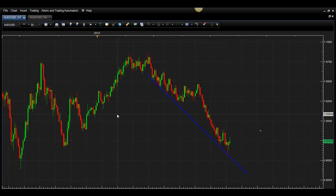the Australian dollar is showing some decent stalling action here. We see that after this move, we have a slight bounce and then basically a free fall to the bottom here. But at this level, we're getting a little bit of stalling action. I don't expect the Australian dollar to bounce significantly because there's not a lot of good news in the Australian economy. Not to say that there's a lot of good news in the U.S. economy, but it tends to be when currencies remain neutral that they just go ahead and follow the trend that